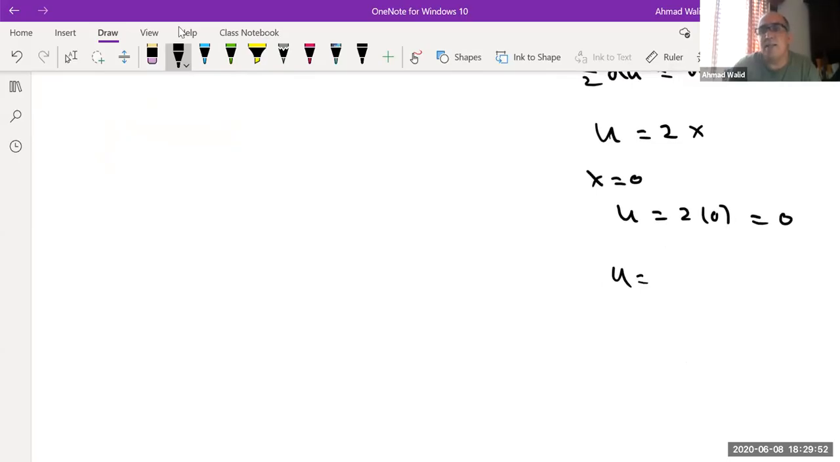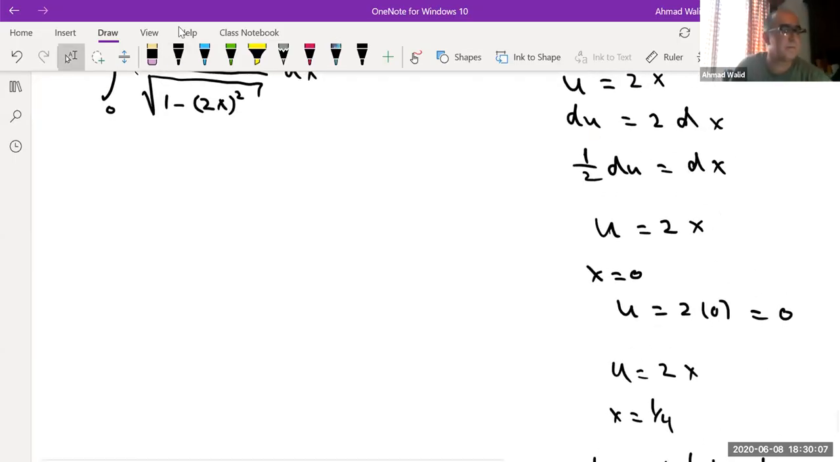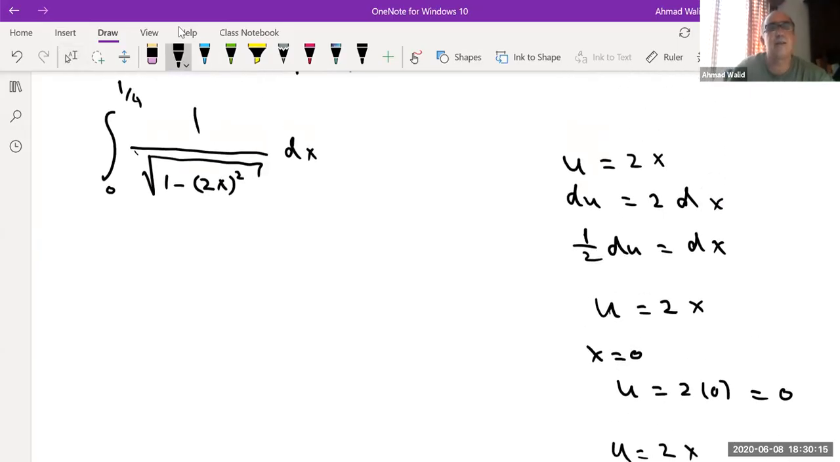If u is equal to 2x and x is equal to 1/4, then u equals 2 times 1/4, which gives you 1/2. Now let's do our substitution, correct? Then I can write this problem as an integral, changing the bounds from 0 to 1/2,